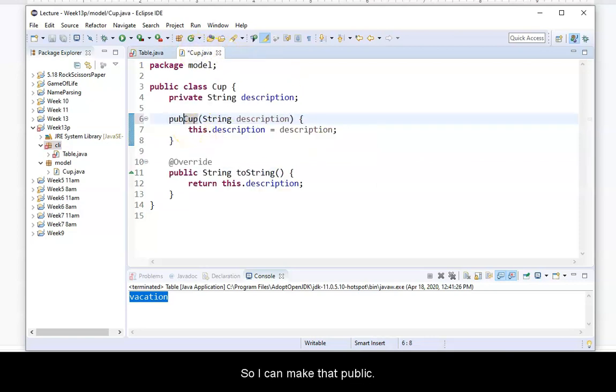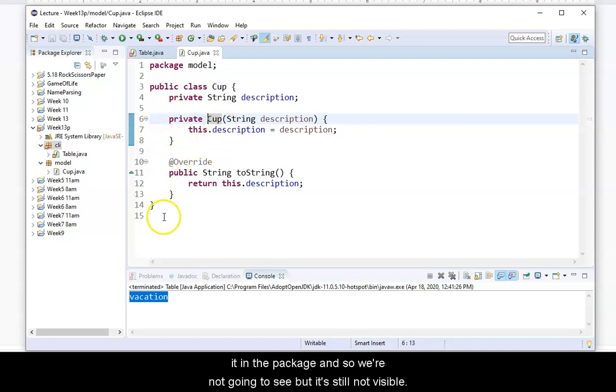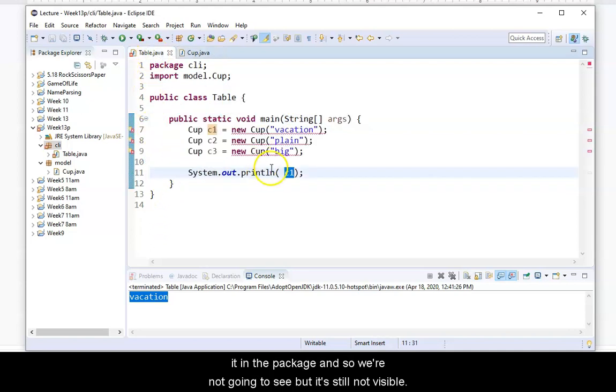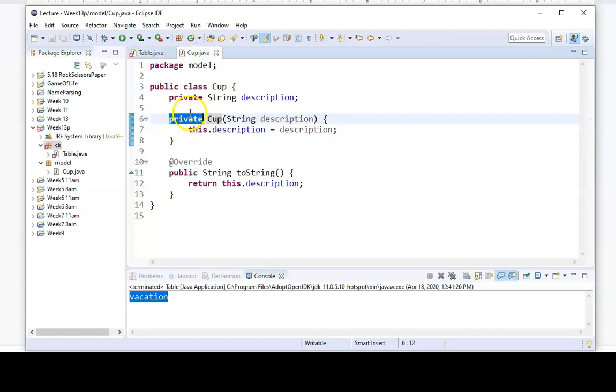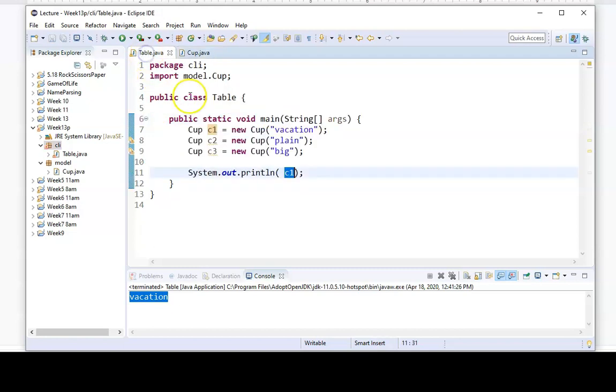Okay, so I can make that public, or if I made this private, it doesn't matter. I'm not calling it in the package, and so we're not going to see, but it's still not visible. Only if it's public in this case will it be visible. Okay, so that's a little bit about visibility, packages,